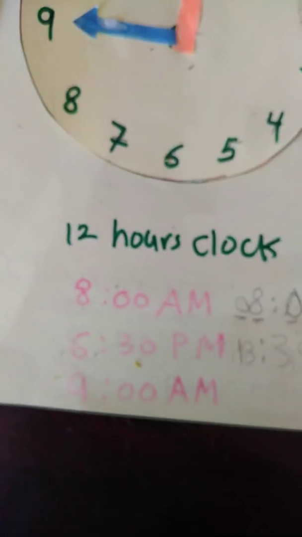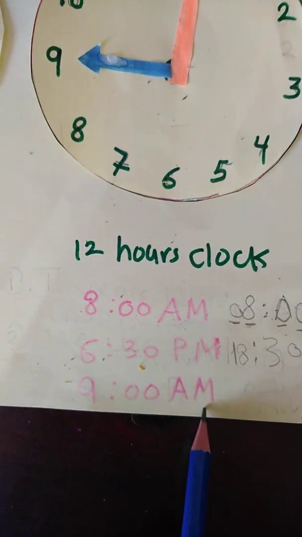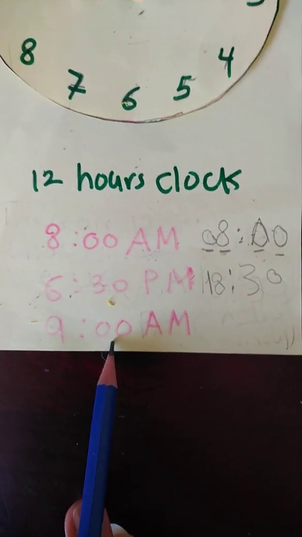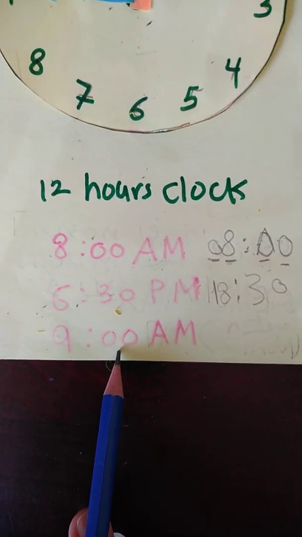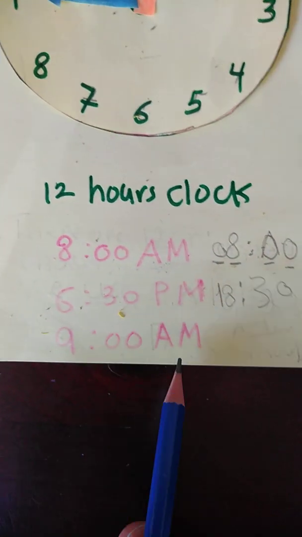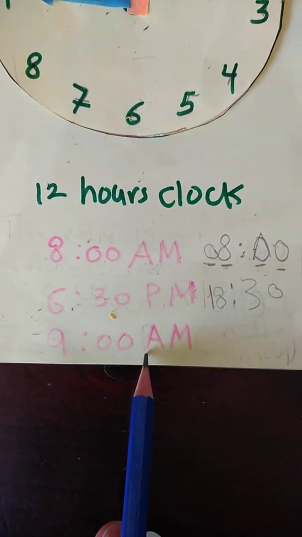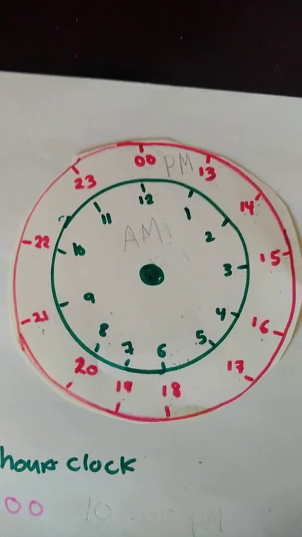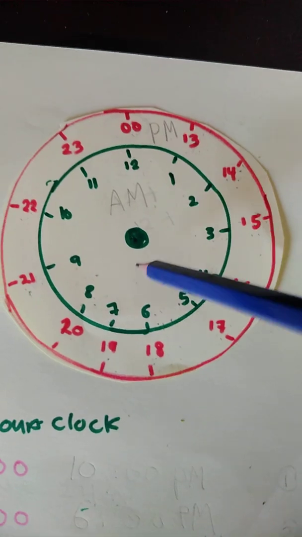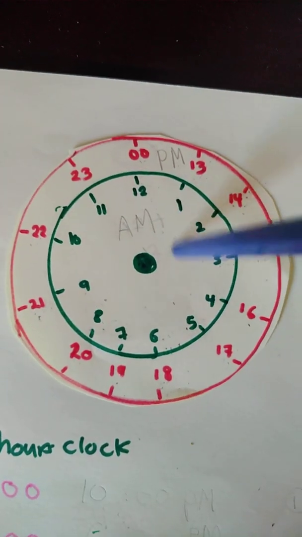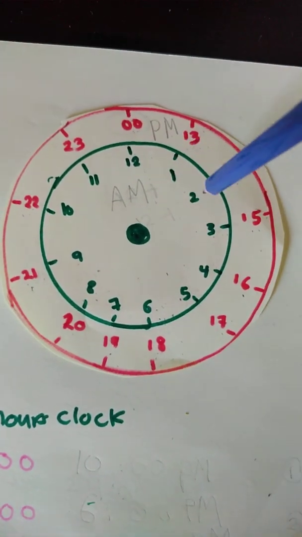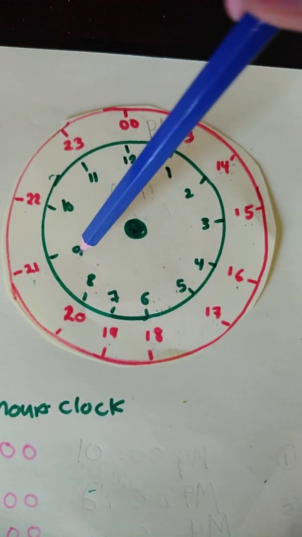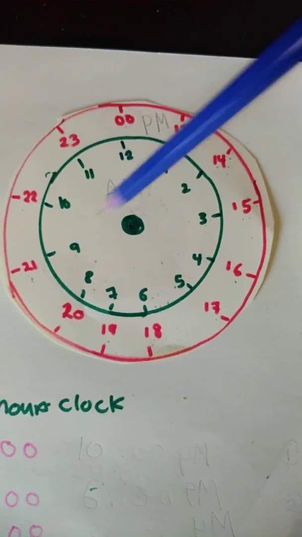I have another time here, 9 a.m. I want to convert this time from the 12-hour clock to 24. 9 a.m. The first thing to notice is the p.m. or a.m. I have a.m. here. Where is our after midnight time here? It is here. So 9 a.m. is there. Okay, so it's going to be the same because it's still